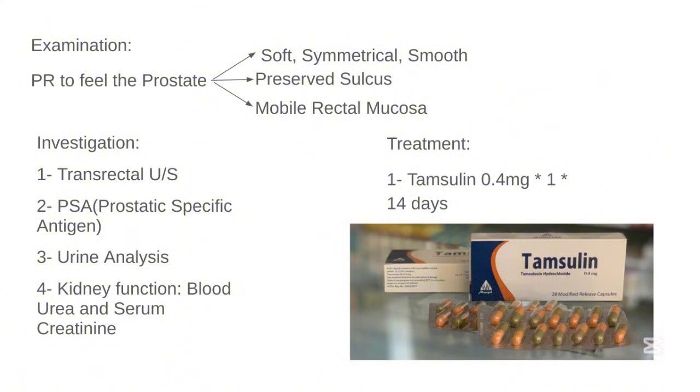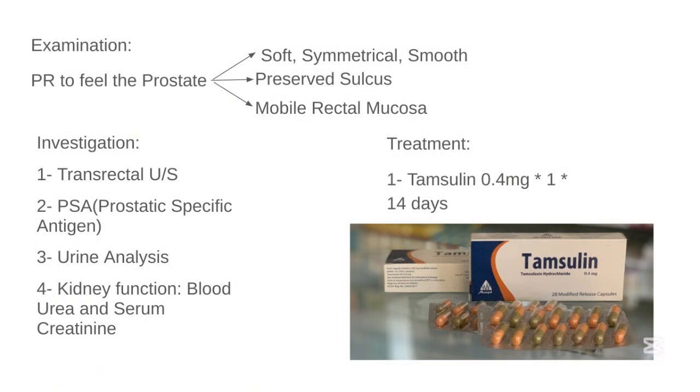We might use 5-alpha reductase inhibitors, for example finasteride. These drugs reduce the size of the prostate by inhibiting DHT production. They are most effective in men with significantly enlarged prostate. Onset of action is slow, taking up to 6 months to show maximum benefit.